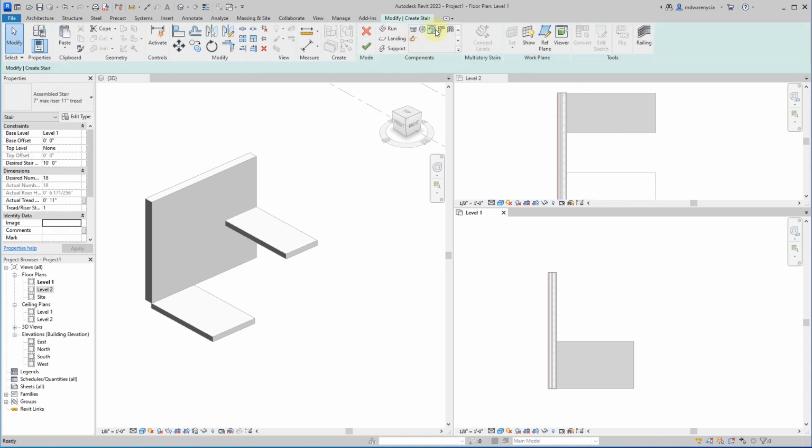Another option, or some of the other options we have up here, you can do spiral staircases and L-shaped winders. These are just slightly different pre-made ones. So this one right here is